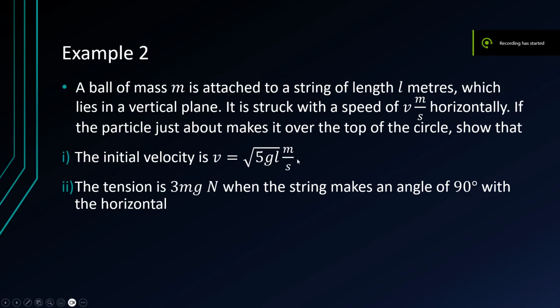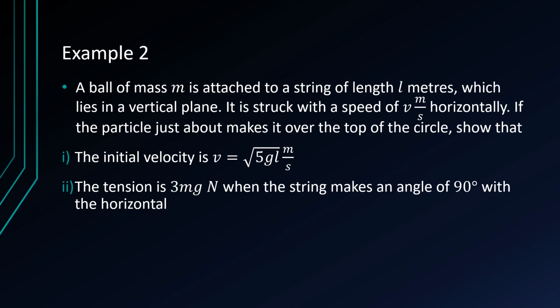So here is the second example involving vertical circular motion. A ball of mass m is attached to a string of length L meters, which lies in a vertical plane. It is struck with a speed of v meters per second horizontally. If the particle just about makes it over the top of the circle, show that firstly the initial velocity is